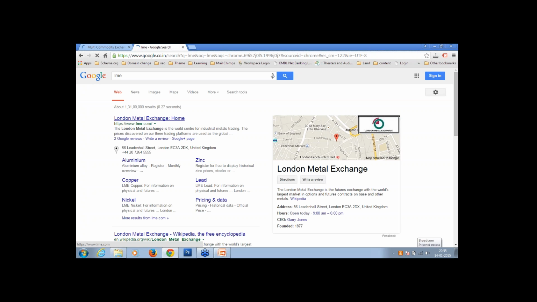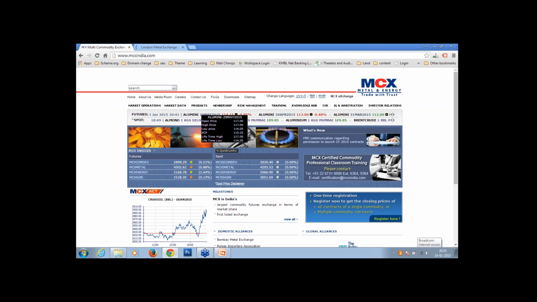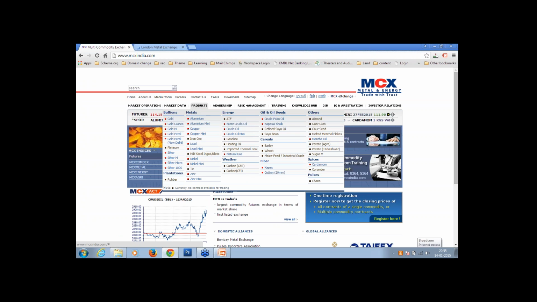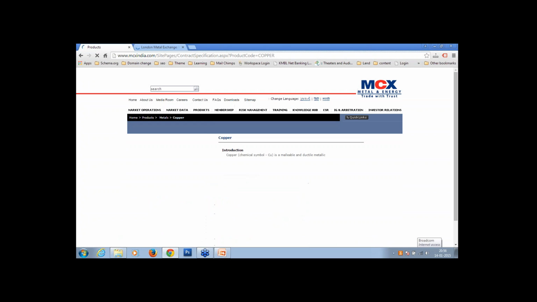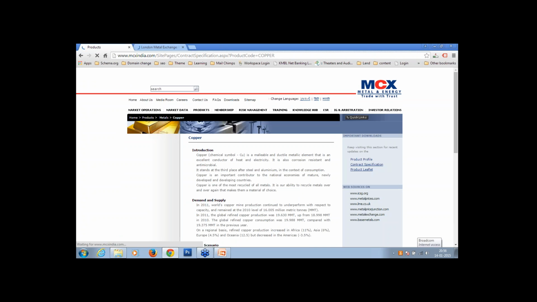So we have London Metal Exchange. I'm opening both. Here, to find out the contract specification, I go on products, and then I want to just see the copper contract. I click on copper, and then on the right hand side I have contract specification,